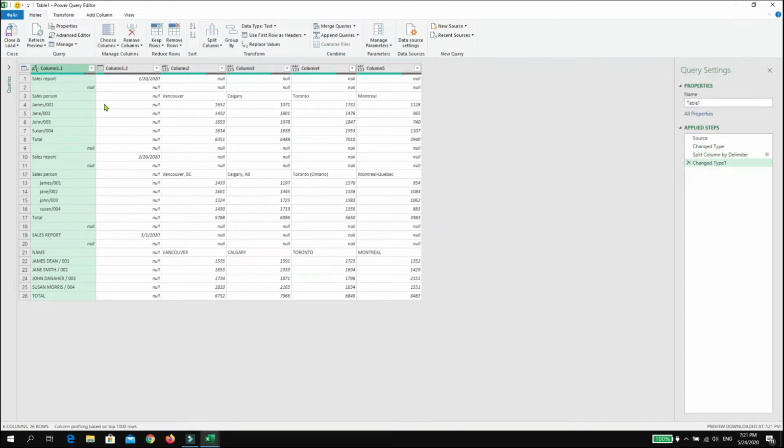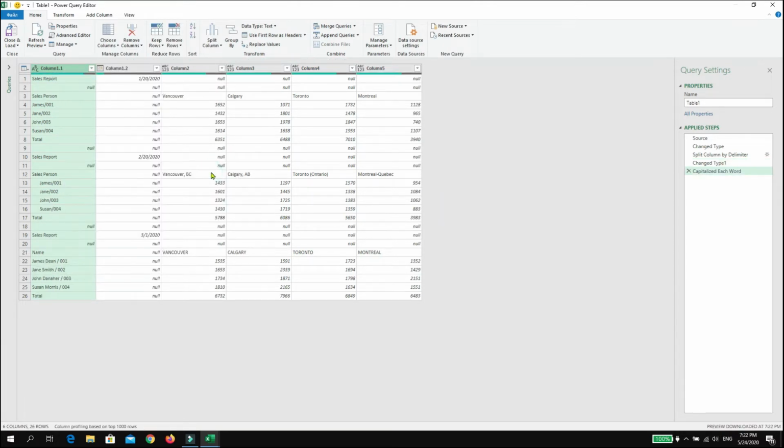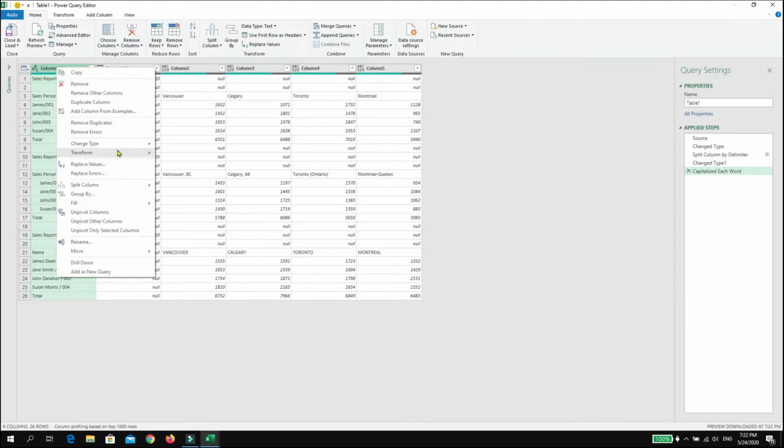Well, first of all, let's format it and get rid of this caps lock stuff here. We can select the column and then right click the mouse, and then here choose transform, and then select capitalize each word. Now the caps lock is gone, and then we can do transform again, and then we can do trim. Trim will remove all these spaces before the names,